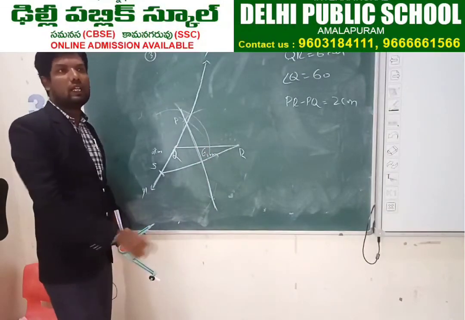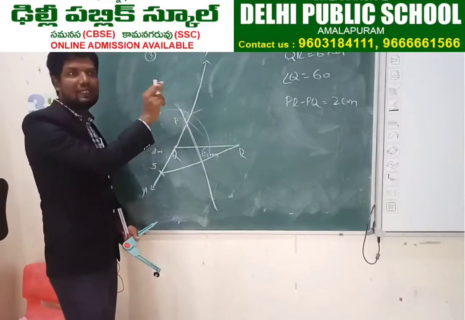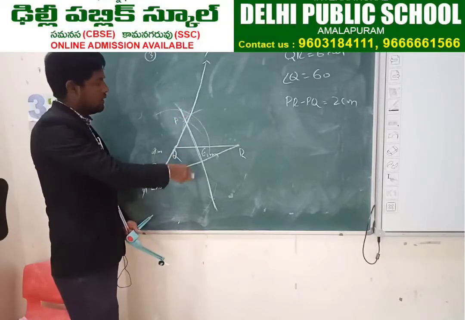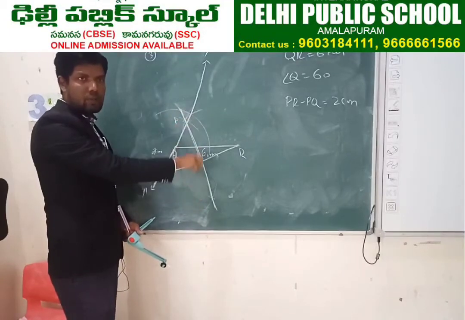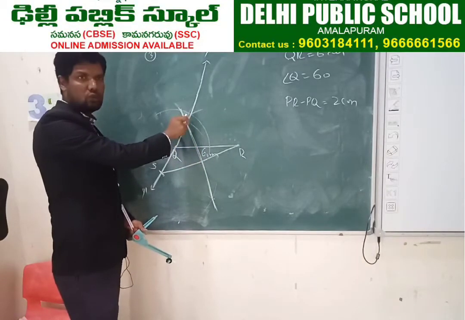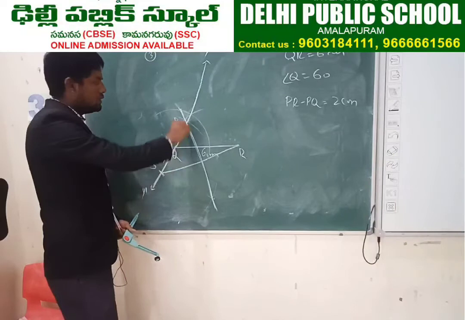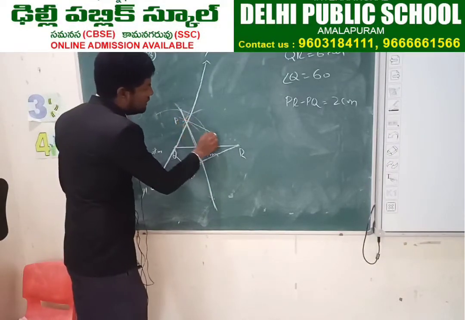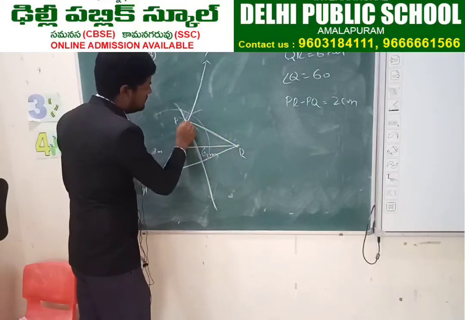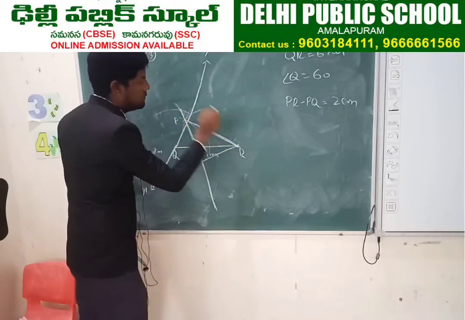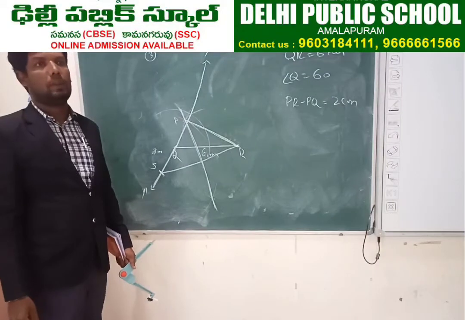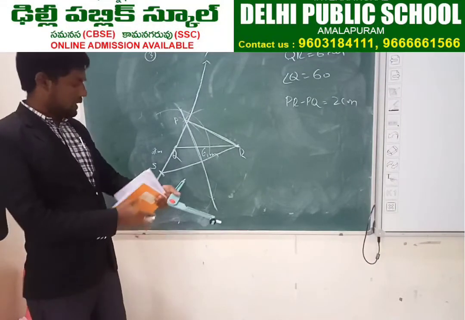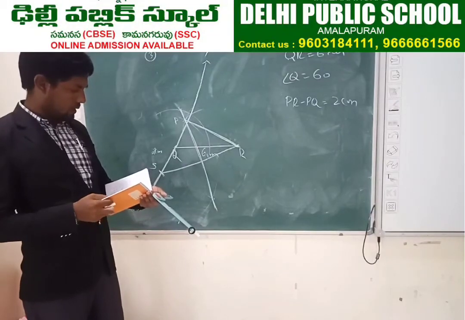So here don't get confused, 2-3 arcs you will get, intersection points you will get here, right? For this 60 degrees also you will be getting here only. For this perpendicular bisector also you will be getting somewhere near to that one. Okay, join these two, right? Now join this PR. PQ. PR. Now we got the required triangle PQR.